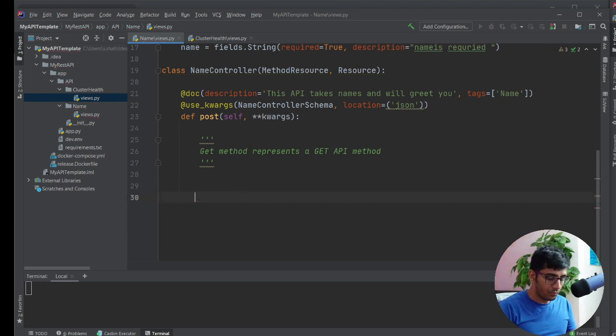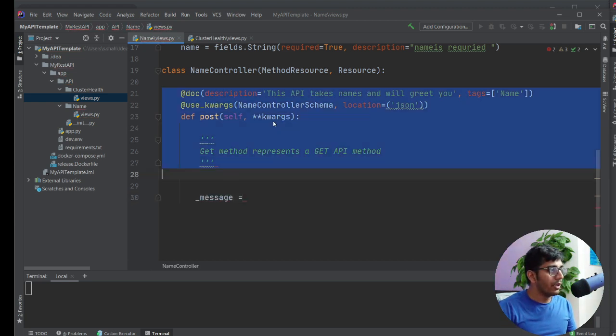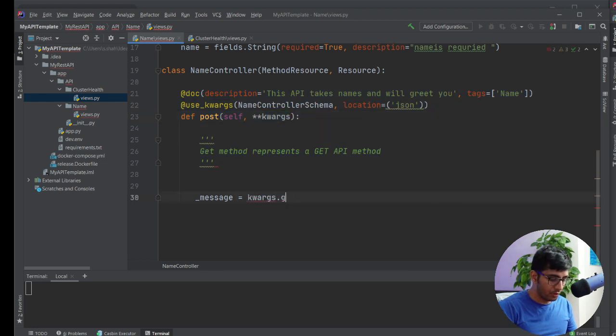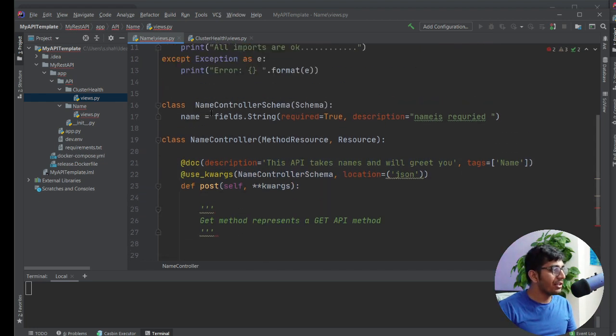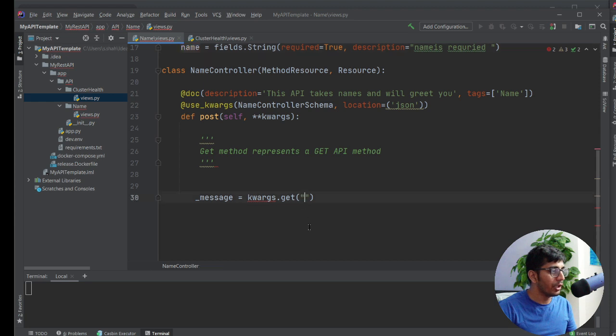So remember, you have things in the kwargs. kwargs.get, it's usually a dictionary, so you can use the word get and get the items out of it. If nothing comes up, use the word default in that. I'm showing you how things work, right? So this is how you do it, right?